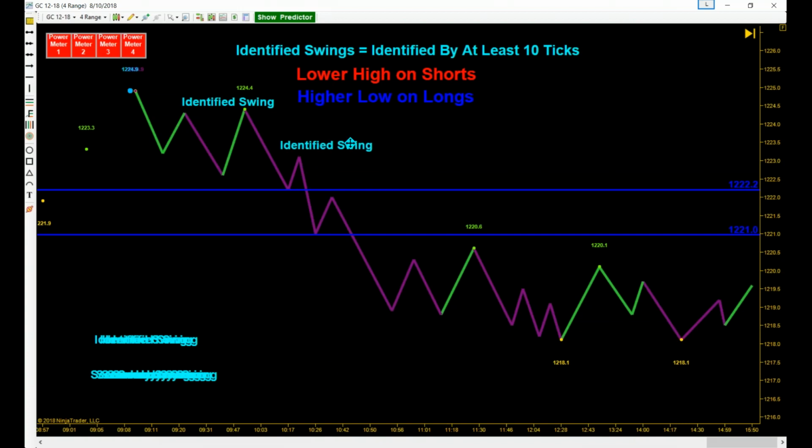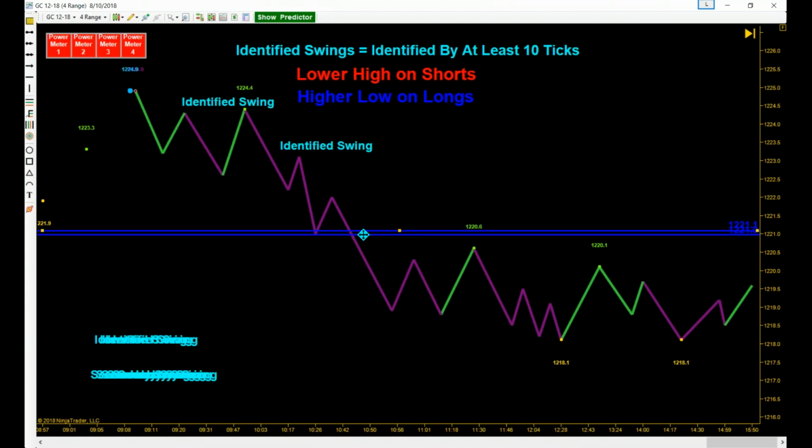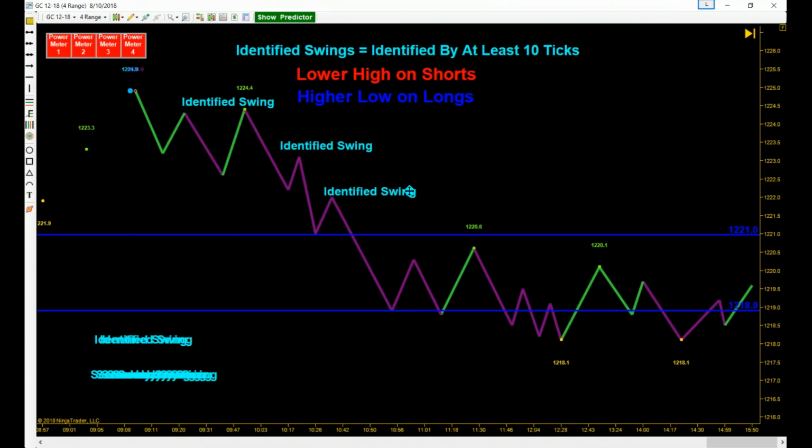Okay, this one here, pardon me, that's the one we're looking at right now. All right, now, is this one identified? Clearly, you can see that it is, right? So if this dropped from here at 1221 all the way down to 1218.90, that is definitely an identified swing,